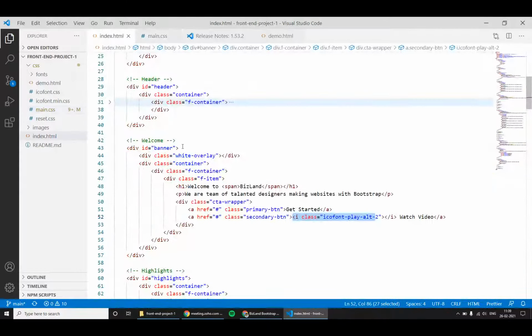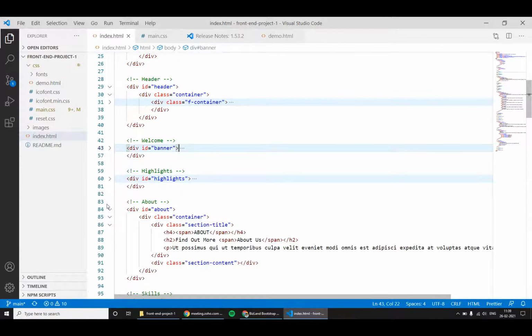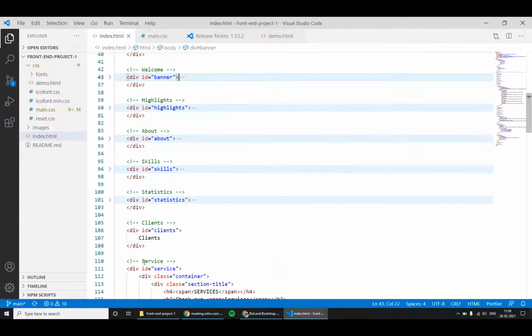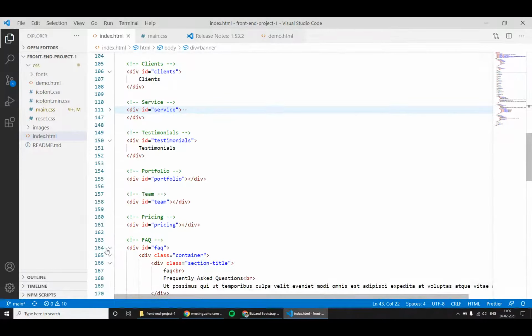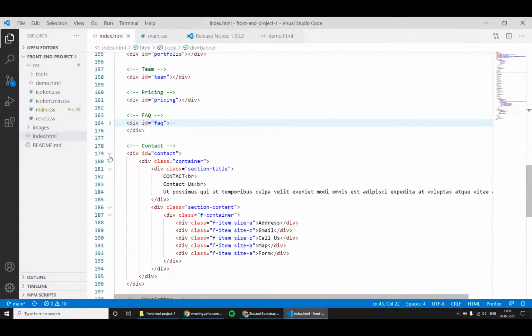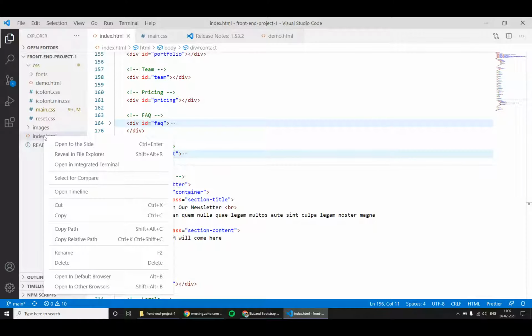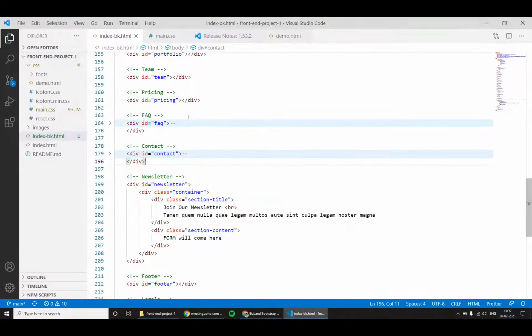So we are going to target the banner section. So let me hide other sections for now. Instead of hiding, I will simply delete those sections, or I will take a backup of my index.html, save as index backup, even though it will be available in our Git.